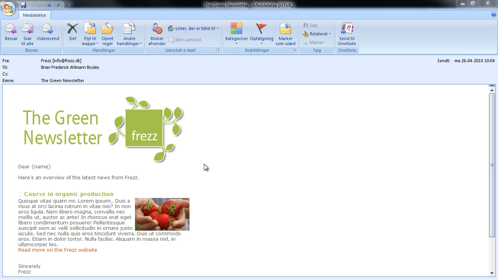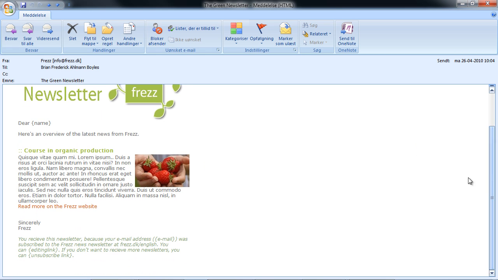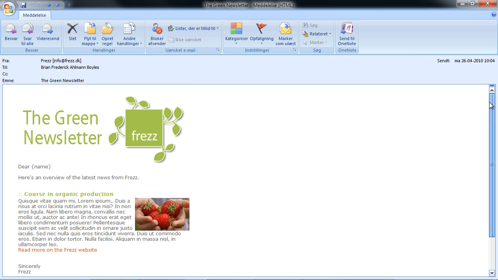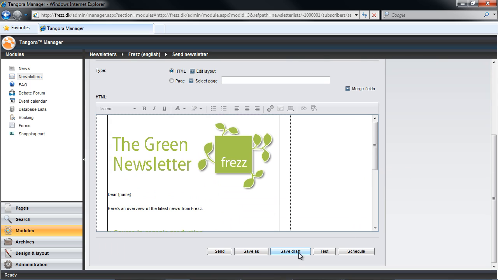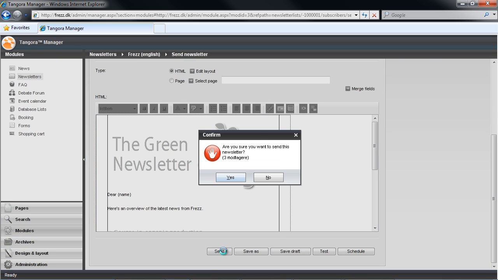However, I should mention that if you do have the module External Users, you can use a test external user, and in this way you will be able to see examples of merged information. I'll show you how to do that in a later video. But if we finally send our newsletter here, we'll be able to see the results that contain the personalized merge field information.